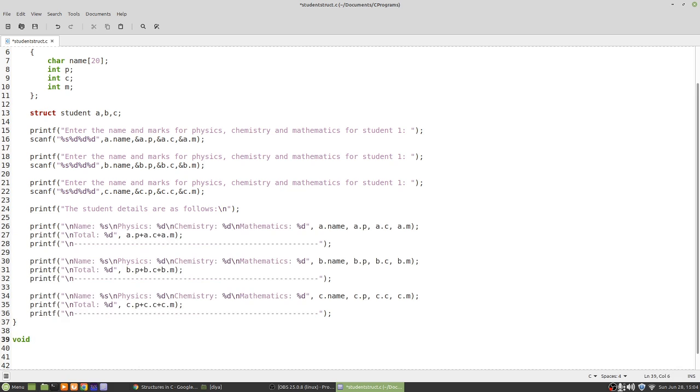Void means the function does not return any value. I can name the function display student, and this function takes an argument of struct student s. Previously we have seen int a and all. Now instead of int we have a new type, struct student s. Okay, and inside this function,